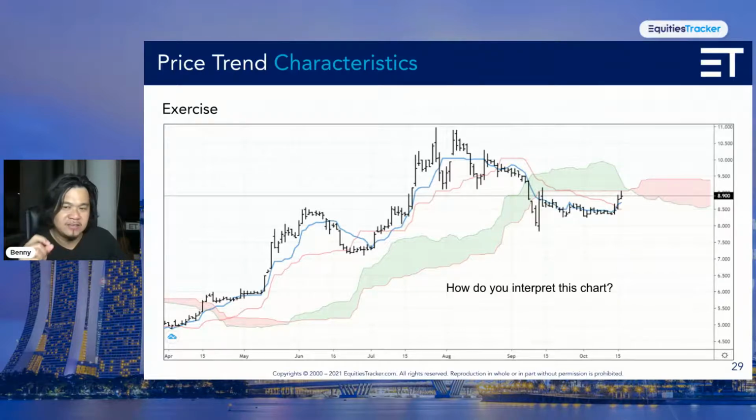So what it gives me here, because this is a downtrend, not an uptrend, is an opportunity to go short. Why go short now? If I go short here, and the price continues to stay below the cloud, then I'm going to expect the trend to go lower, and I'm going to profit from my short position. But if the price rebounds above the cloud, then I have to exit my short,